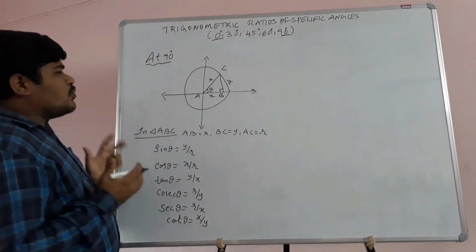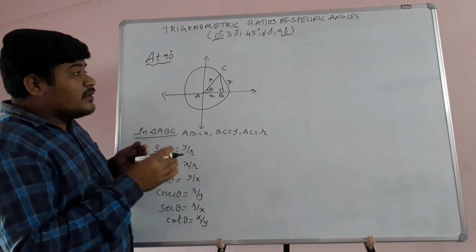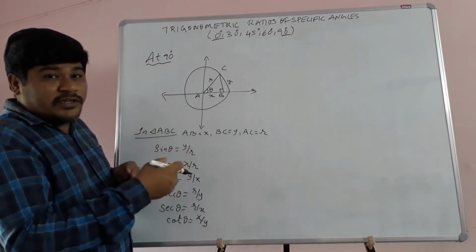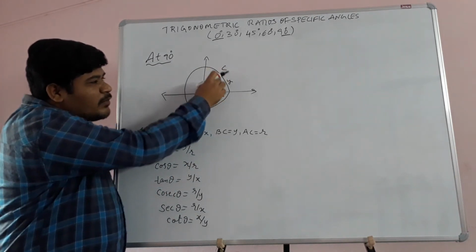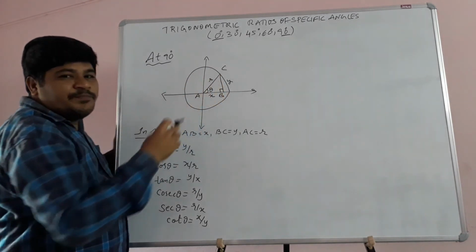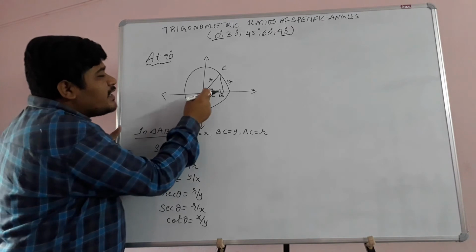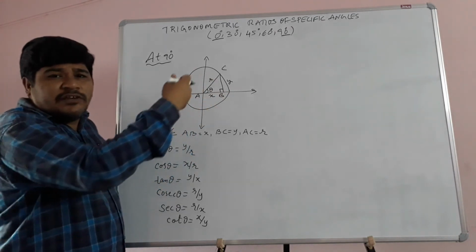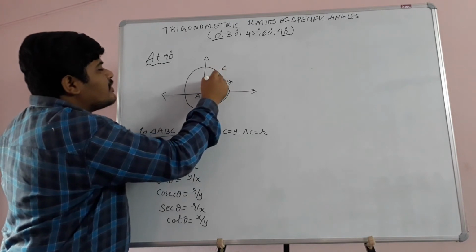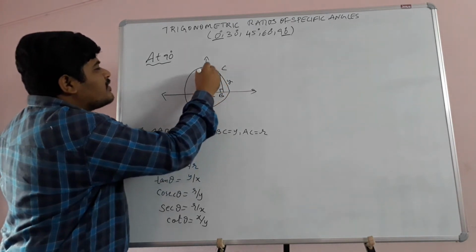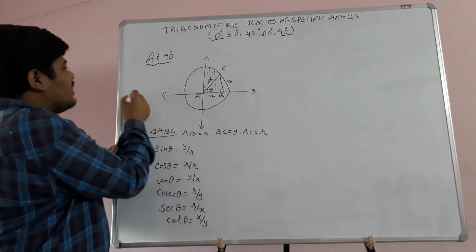Suppose, students, here theta is increasing. For proving trigonometric ratios at 0 degrees, what we did was theta decreased. Slowly AC came down and AB and AC both coincided with each other. Here it is reverse: theta is increasing. So slowly if theta is increasing, what will happen? It will move like this, and slowly it will move like this, and when theta is increasing, finally theta reaches 90 degrees.